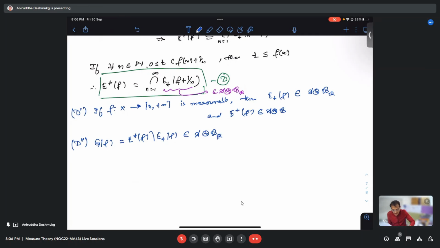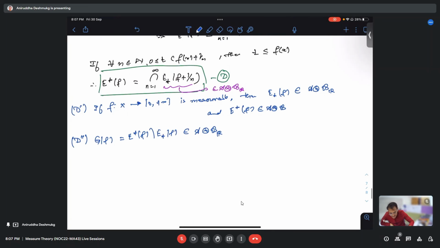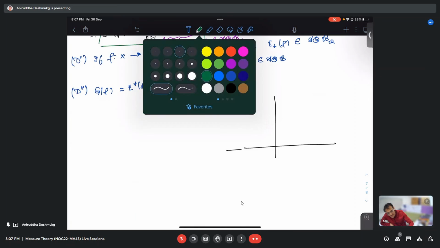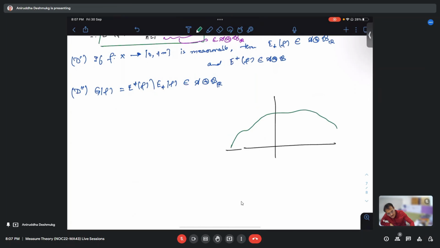Not the usual B, Borel sigma algebra of R. Okay, so now we are done. Now we just need to look at whether we can really see this. As I have mentioned earlier, if I have this graph, this is our f(x), and if I look at everything on and below this curve,